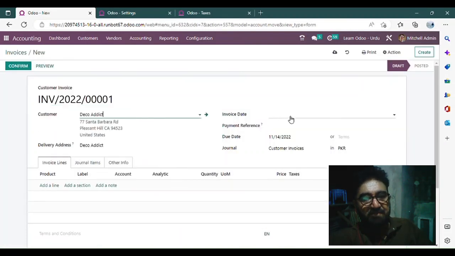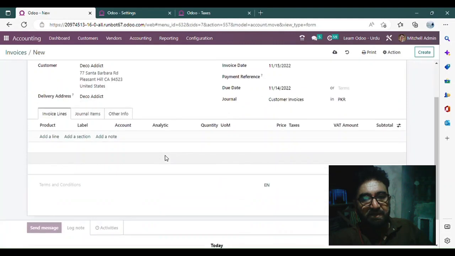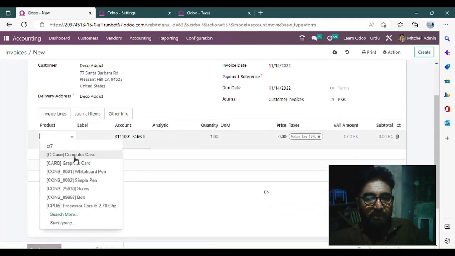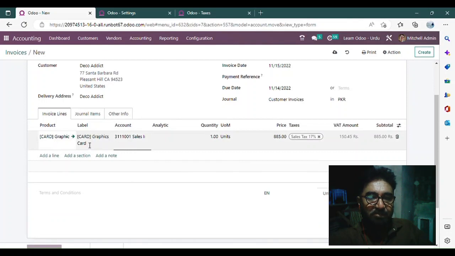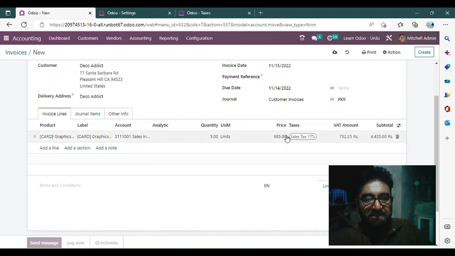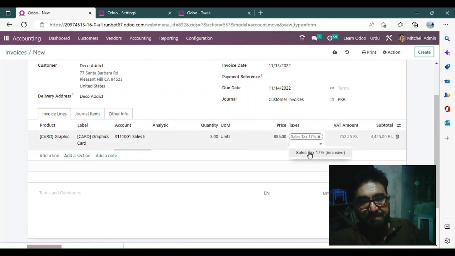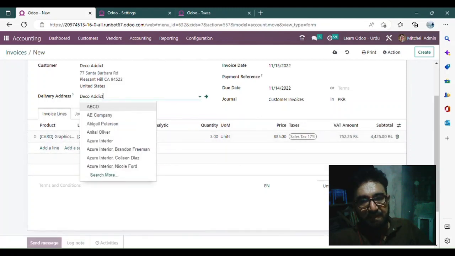Now we are going to create an invoice in order to use the taxes that we have created. For the first sale invoice, we select this customer, and the date, and then the product. The ledger is sales, and we have created that sales ledger, as you remember. And the sales tax is, look at this, 17%. If we remove this and select the other 17%, then you can see that the amount of sales tax is changing,